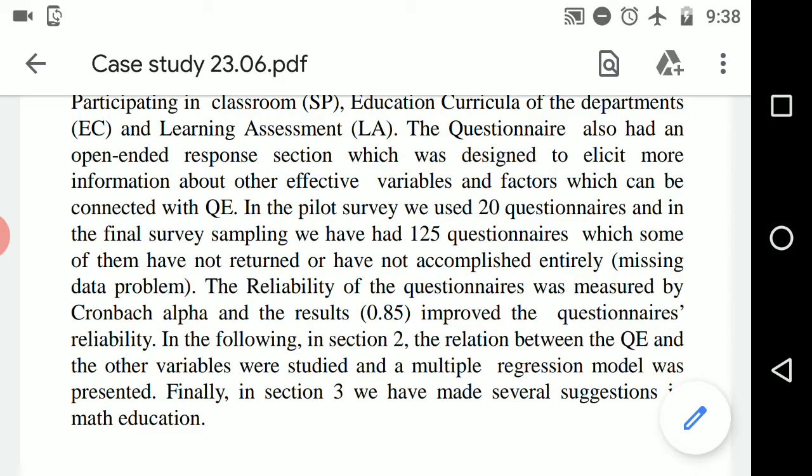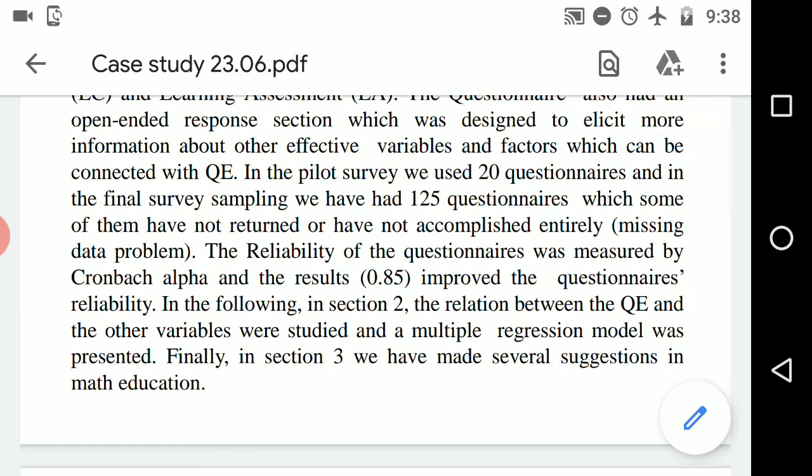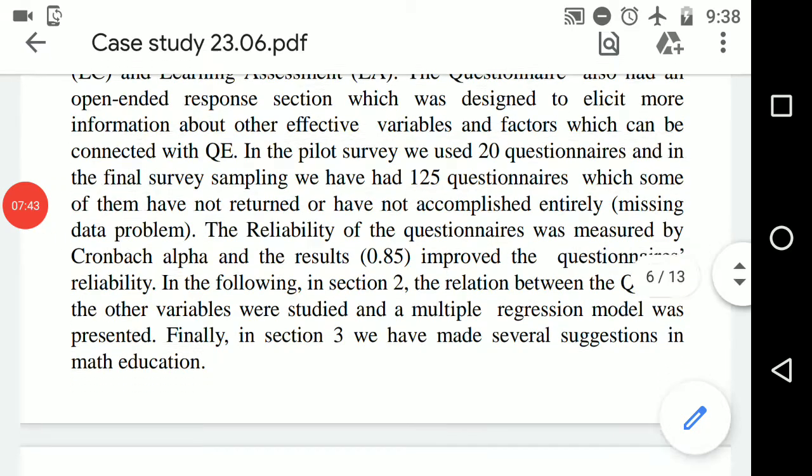In section 2, the relation between QE and the other variables was studied and a multiple regression model was presented. Finally, in section 3, we have made several suggestions in math education.